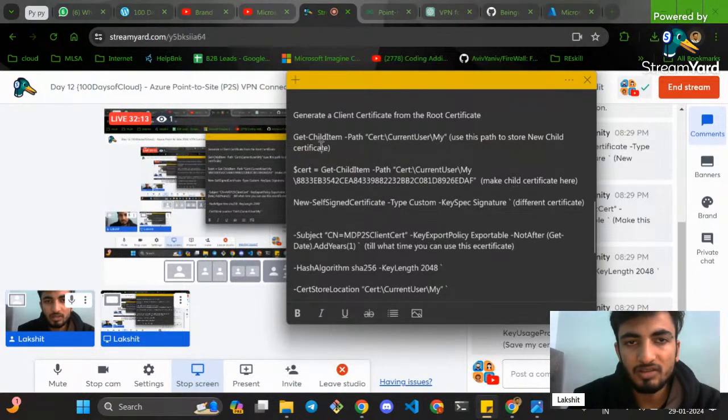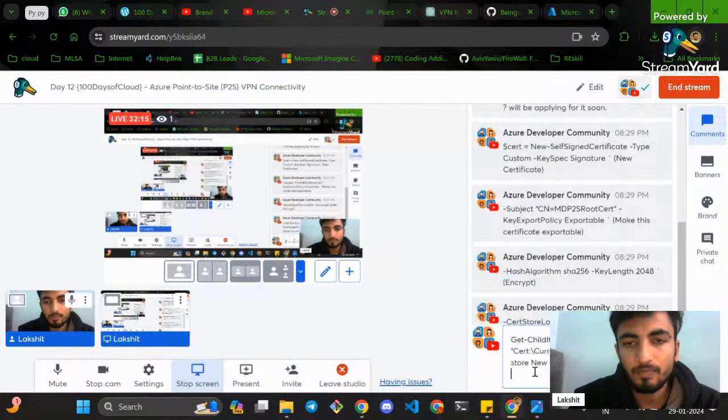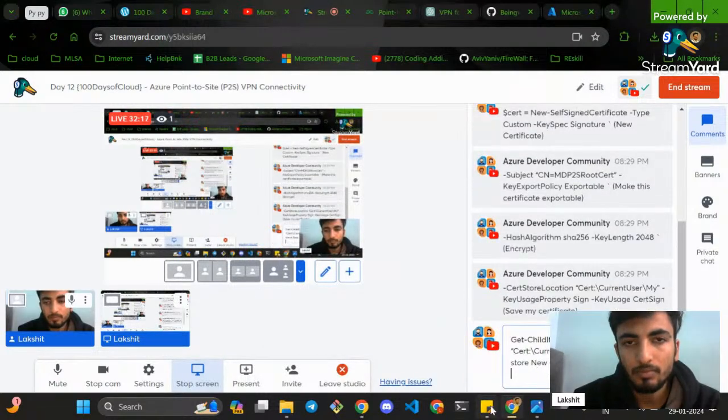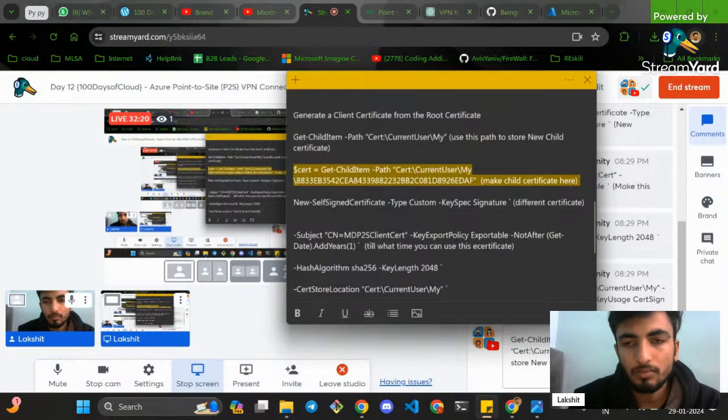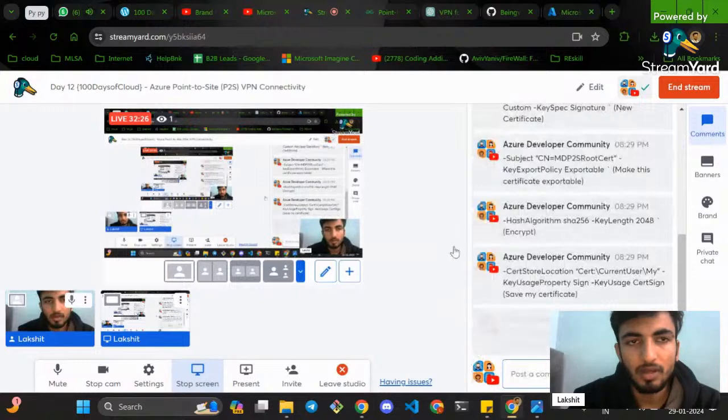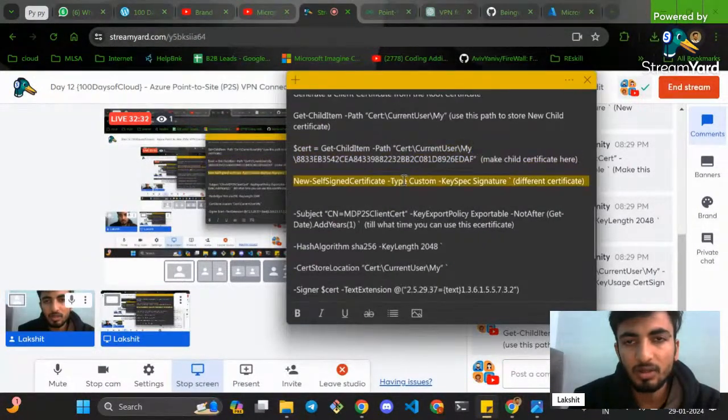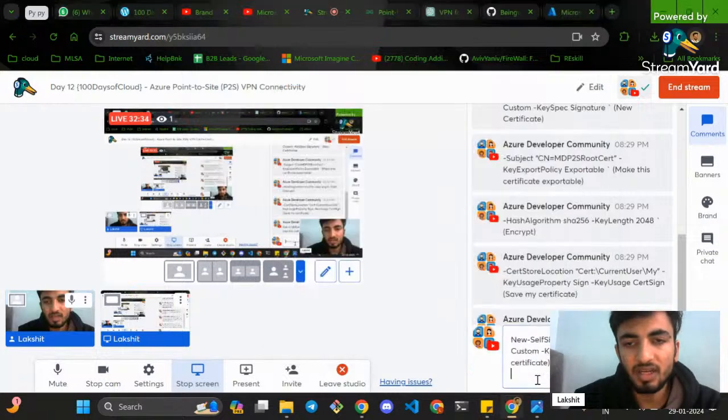So I'll now quickly paste these commands right over here. Okay, now we are asking for this. Let's go to the third one, different certificate.